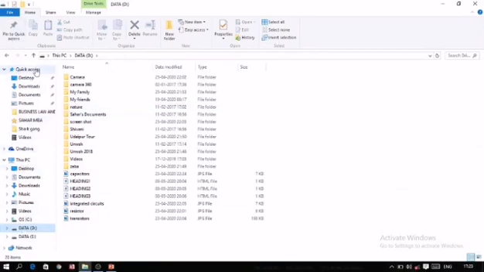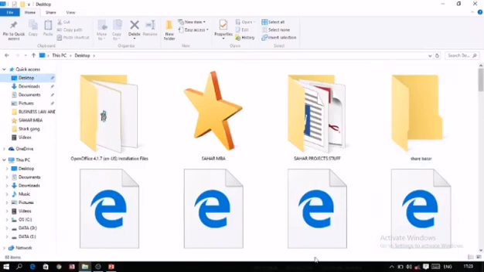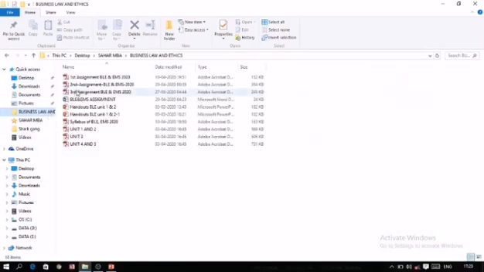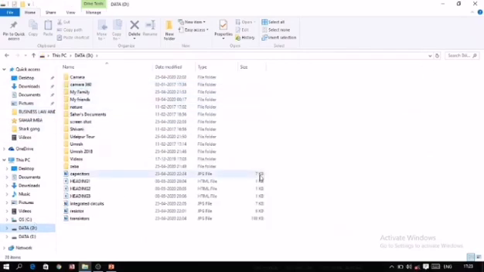Now you might have noticed that it is coming in different forms. Here the icons are coming in a very large size, here the detailed information is displayed, and here it is coming in a different form. Then how can we make all these types of changes? We will discuss it.